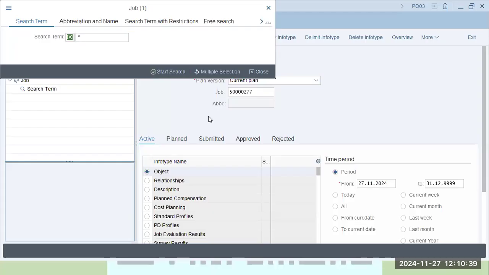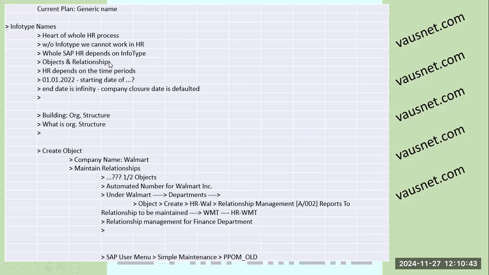Let's search for that and let's go ahead. Now, info types. Info types are the heart and soul of the entire SAP HCM. Without info types, we cannot actually work and execute the HCM module. Complete HCM is basically a combination of all the info types and basically supervises and functions along with the objects